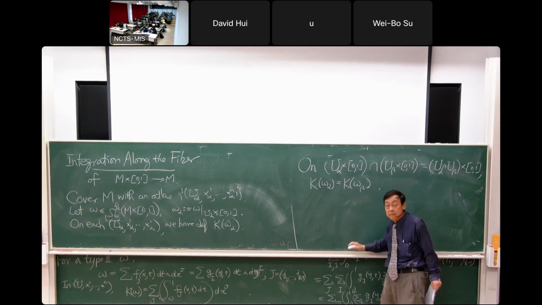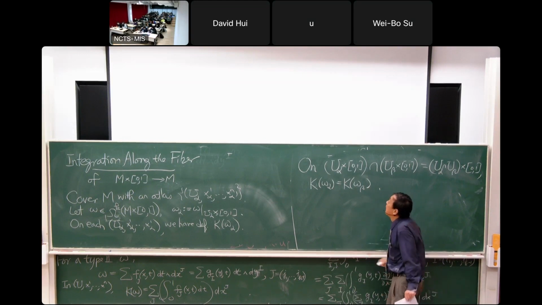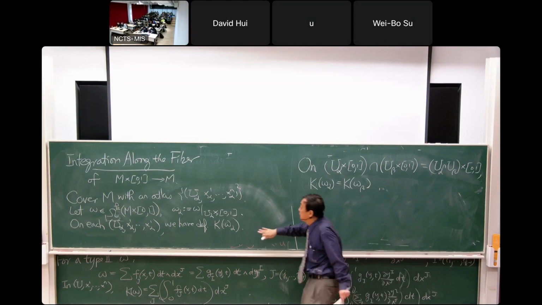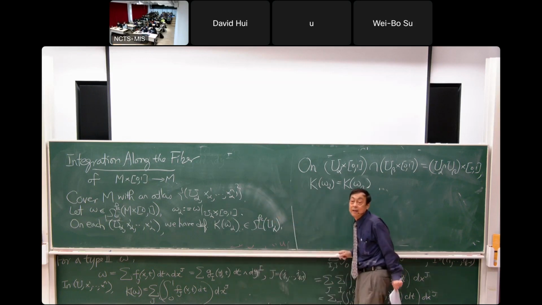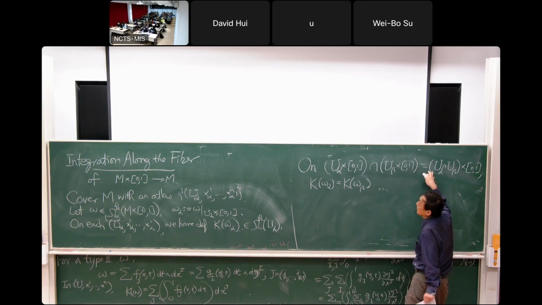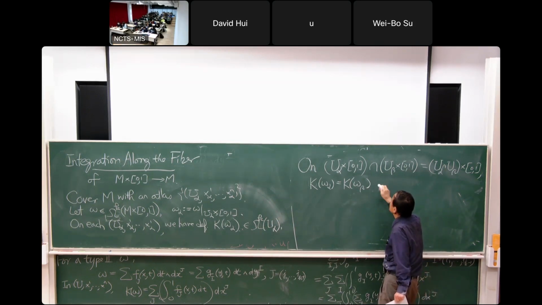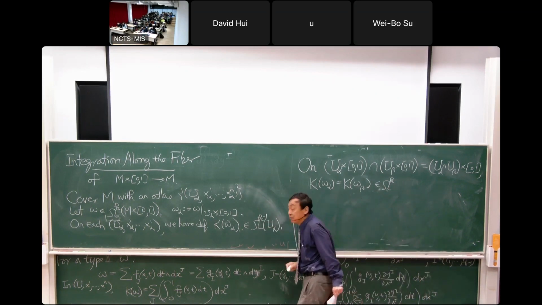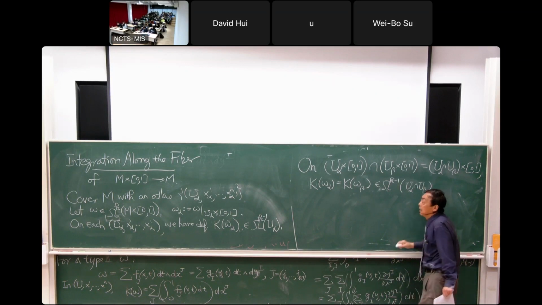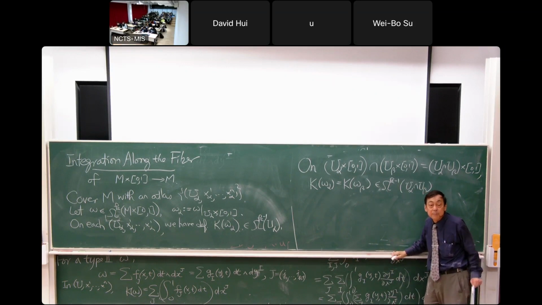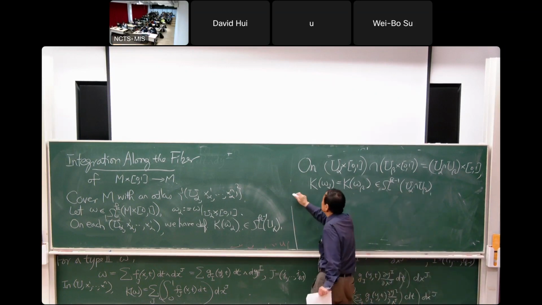So therefore, once you have defined this, it is downstairs, right? So it's omega K of U alpha. You start here, and then they agree, and they're downstairs, and it's degree 1 less. So therefore, they piece together